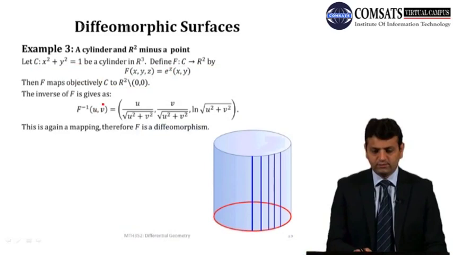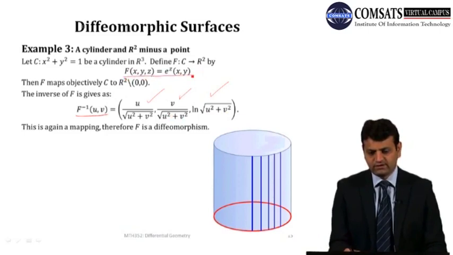Now the inverse of f can be calculated, and this is not part of our course to calculate how this f inverse comes, but by observation f inverse is given as u over square root of u square plus v square, v over square root of u square plus v square, and log of square root of u square plus v square. So this is the inverse,